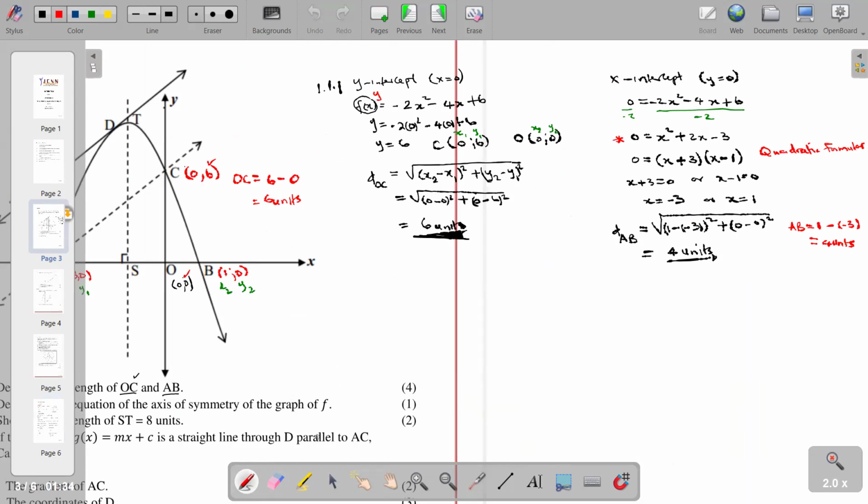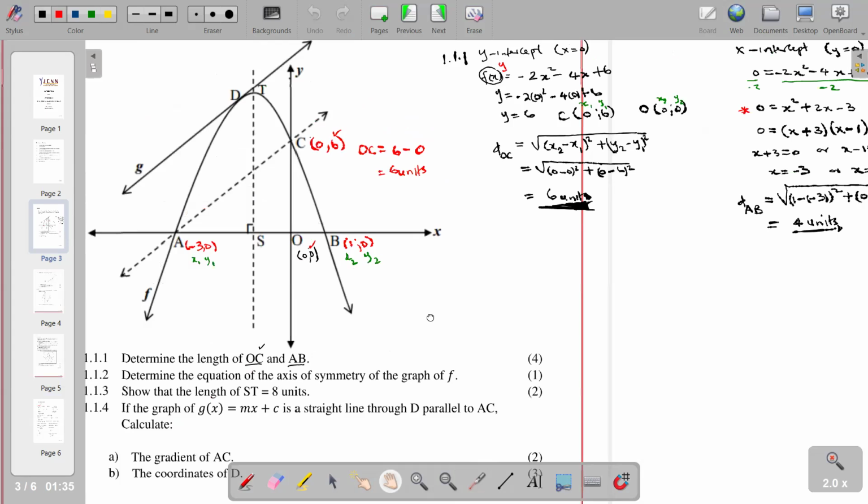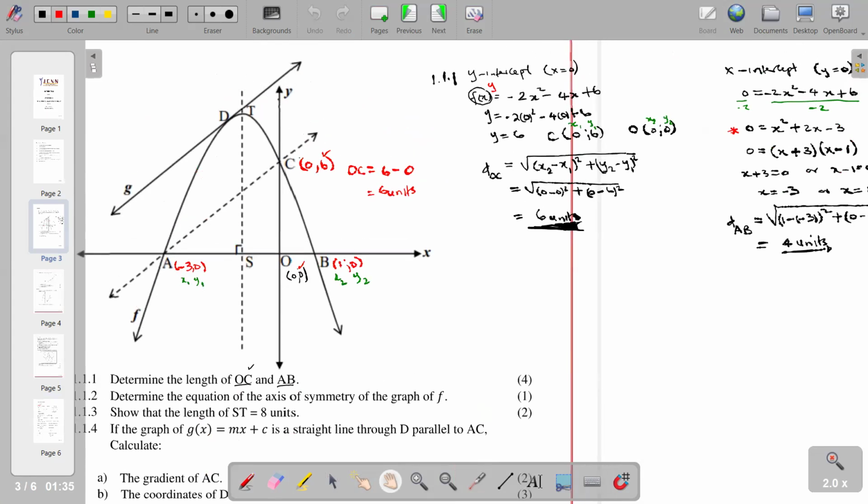Then we go to the next question here. The next question was saying determine the equation of the axis of symmetry of the graph. You have to take note that the equation of the axis of symmetry is just asking you whether you know the x-coordinate at the turning point. You just need to know the x-coordinate at the turning point. So for you to answer that question, which is 1.1.2,